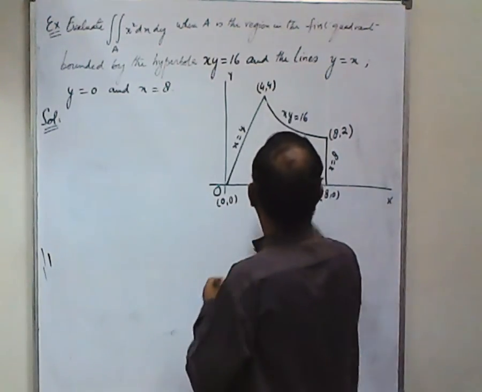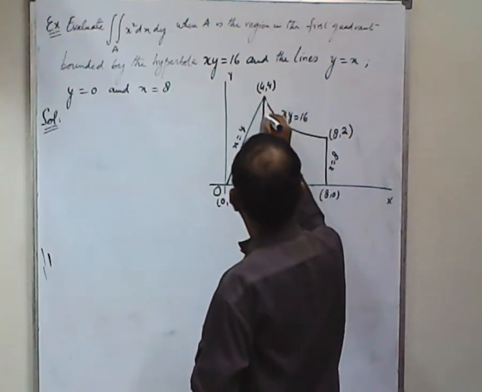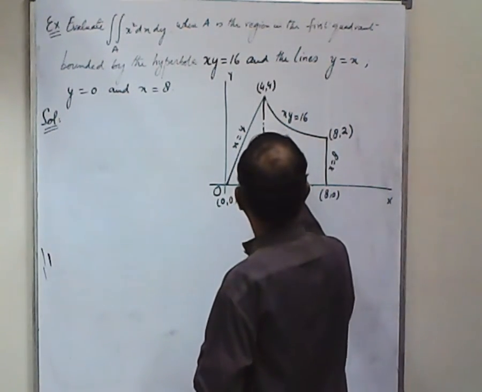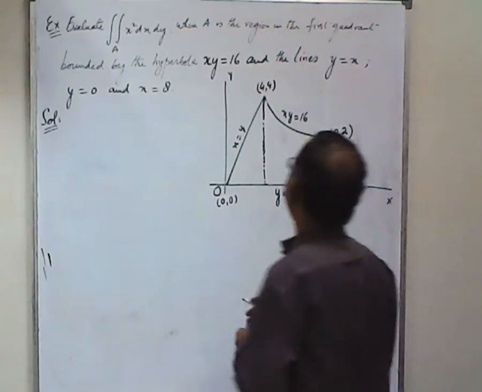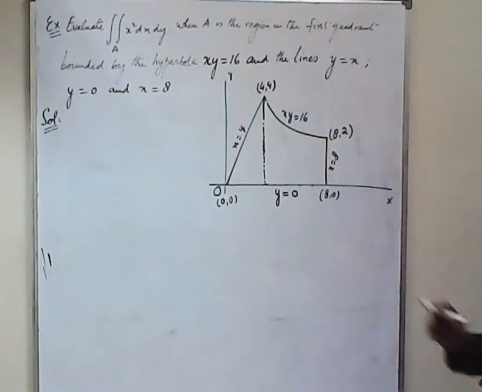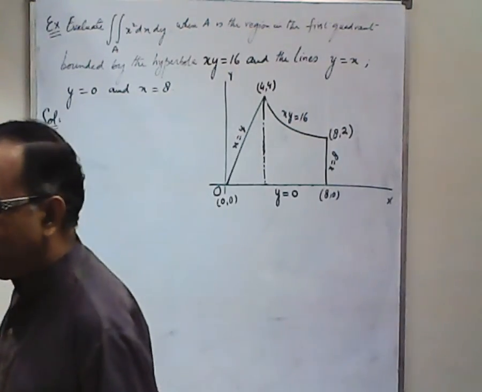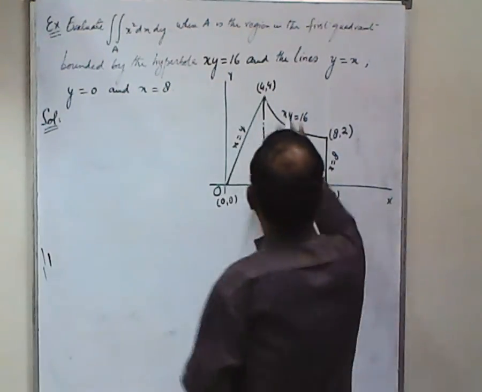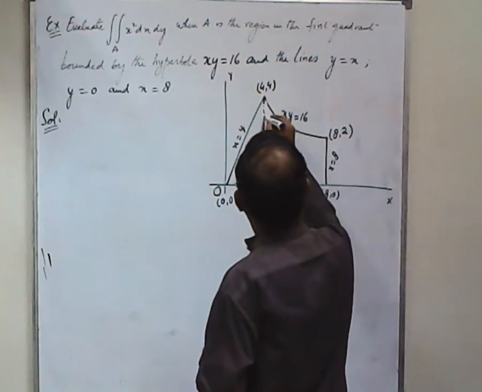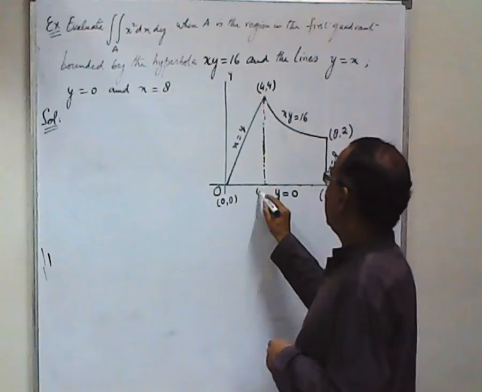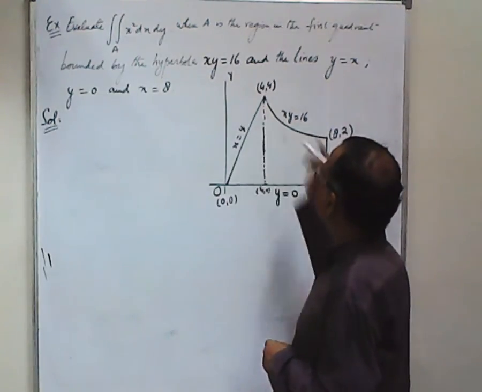So drawing a perpendicular from here, I am drawing it as a dotted line, so it will give you an idea that this is drawn after drawing the figure. Now, this point will be 4, 0,